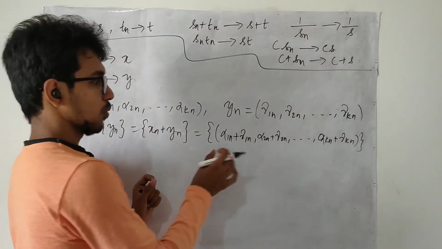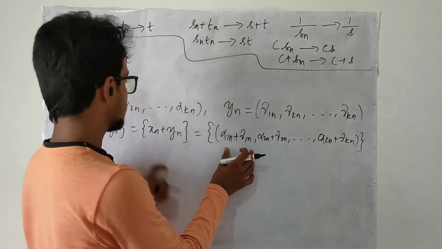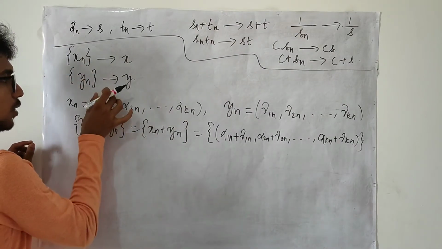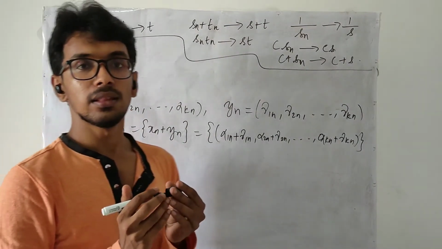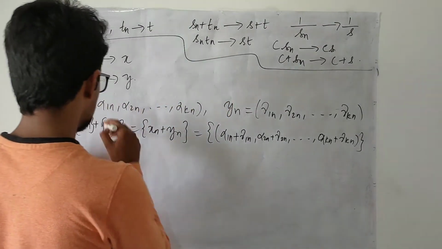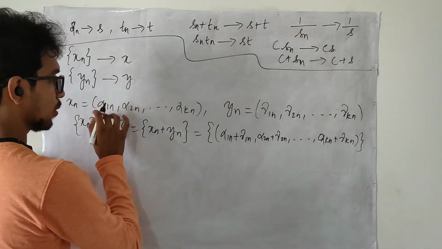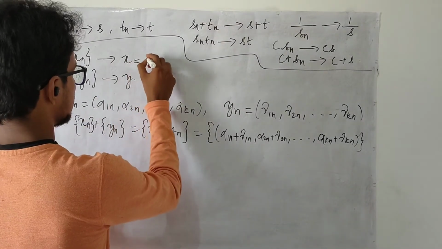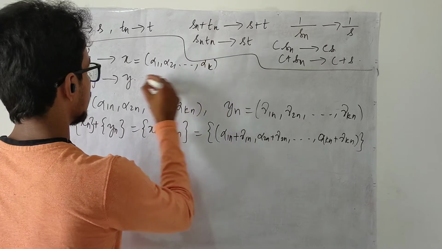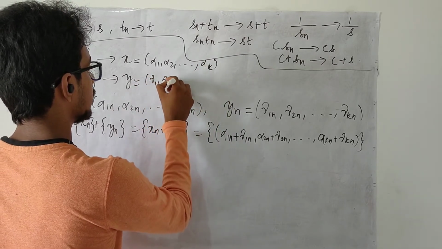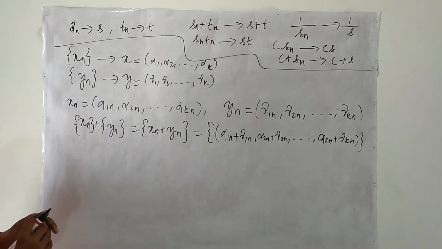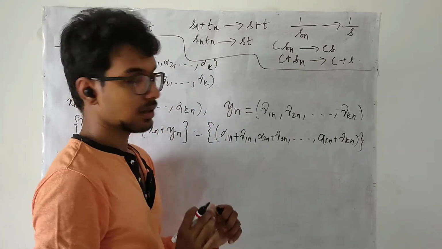Right? Now, what are these things? You may see that when you collect only these things, from the sequence you collect only the first terms, that gives you a real sequence, right? And this converges to what? And what is x? This is alpha 1, alpha 2 till alpha k, and this is gamma 1, gamma 2 till gamma k, right? We have something of this sort.